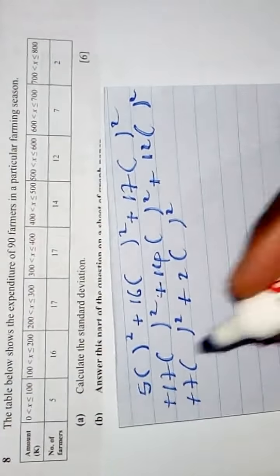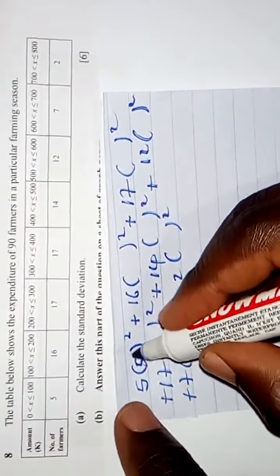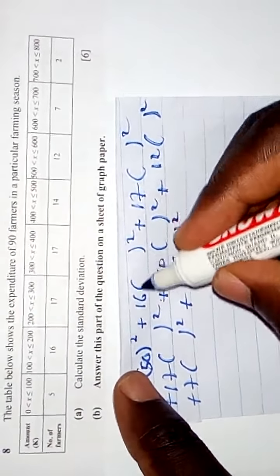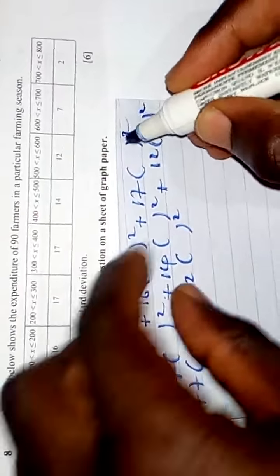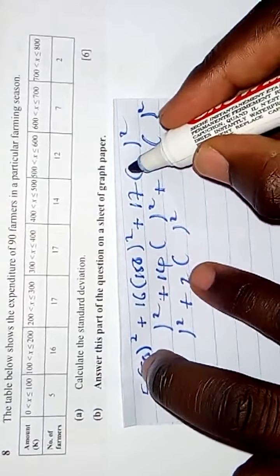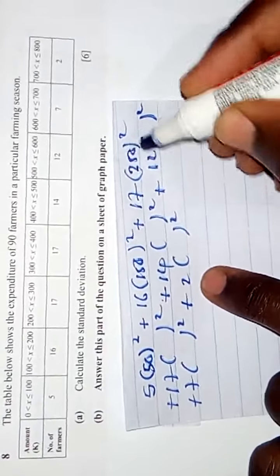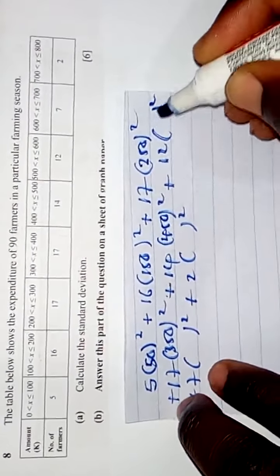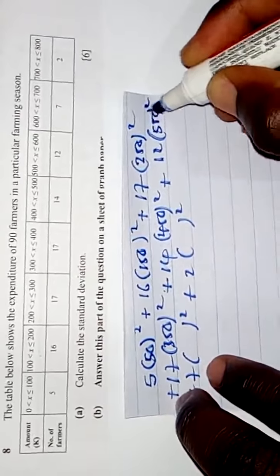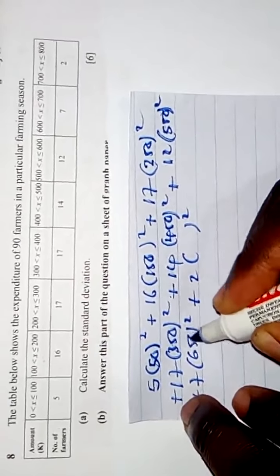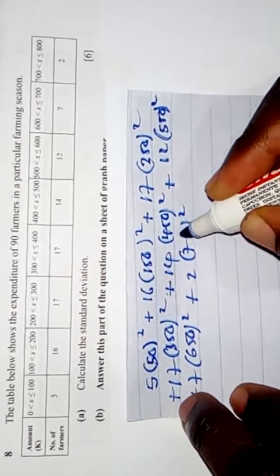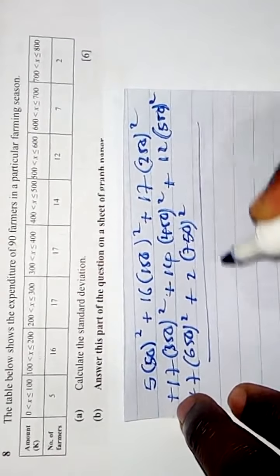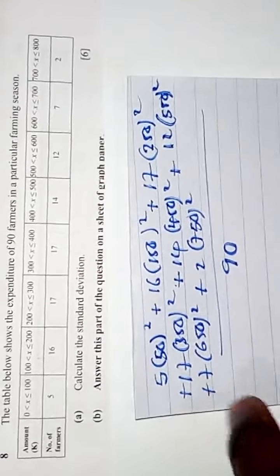The midpoints we know: 50, 150, 250, 350, 450, 550, 650, 750. Divide by the total number, which is